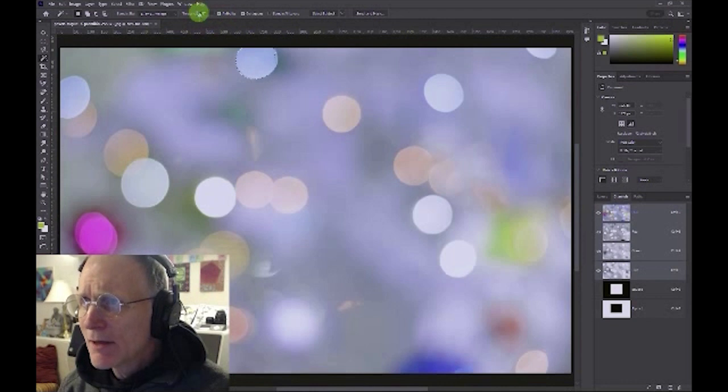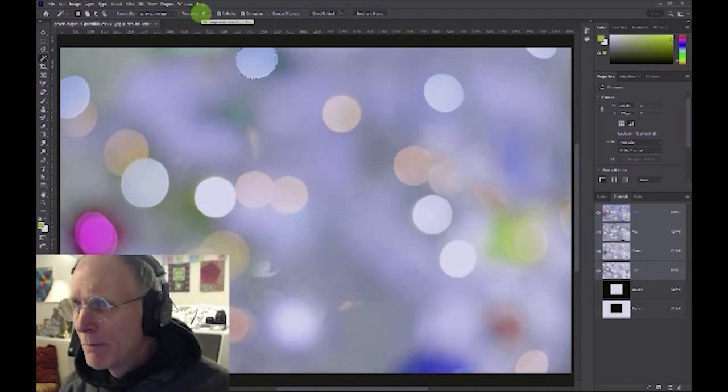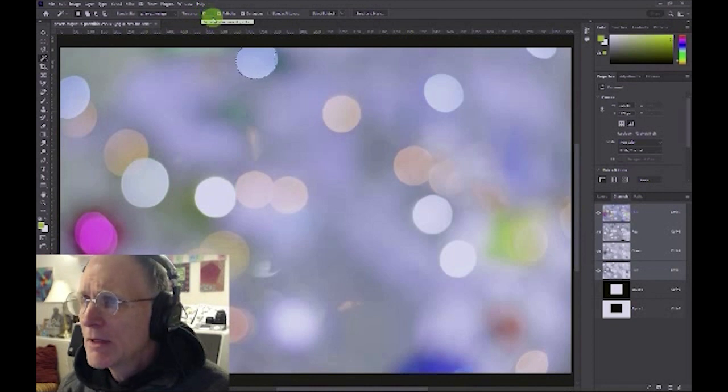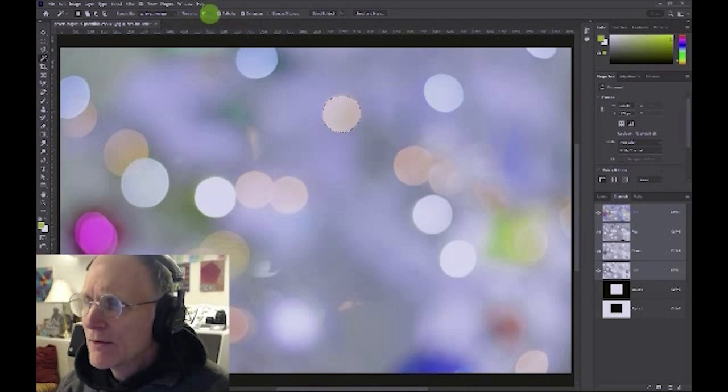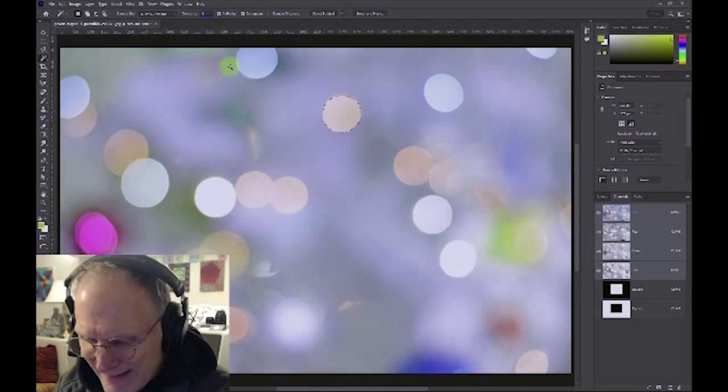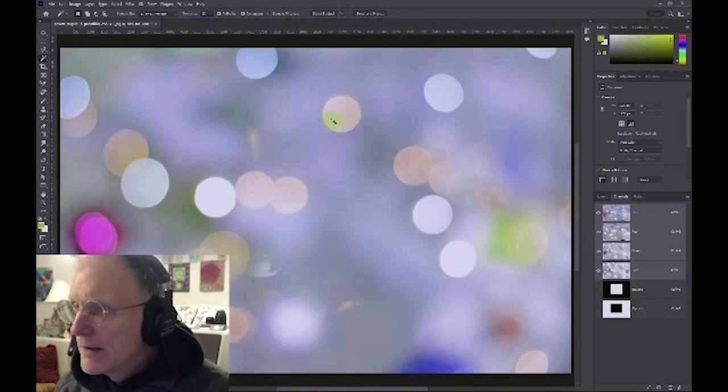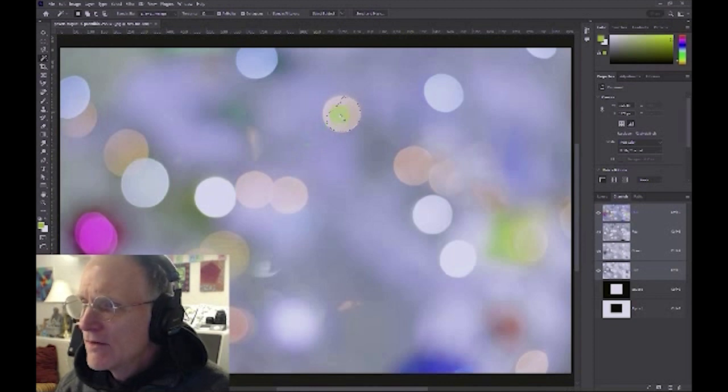I can change the tolerance in terms of brightness values above or below my selected point that I'm clicking on, and that will allow me to make selections based on a particular color. So for instance here, this orangish circle that I have in my background image, if I click on that, it does a really good job of selecting up to the edges of that orange shape because I have set the tolerance at 37. If I turn that tolerance down quite a bit, turn it down to 12, and we click back in that image, you can see that it doesn't select quite as much because it's selecting a smaller range